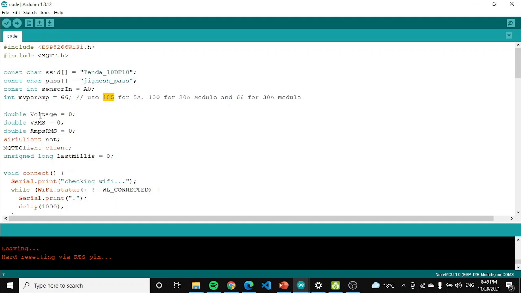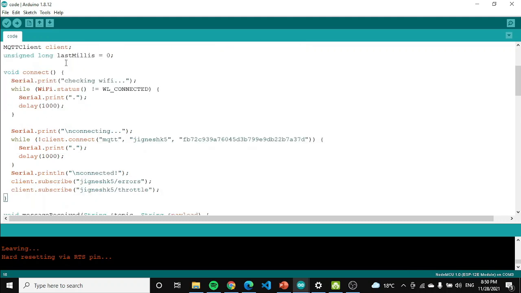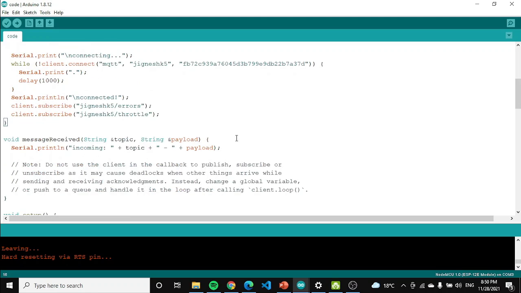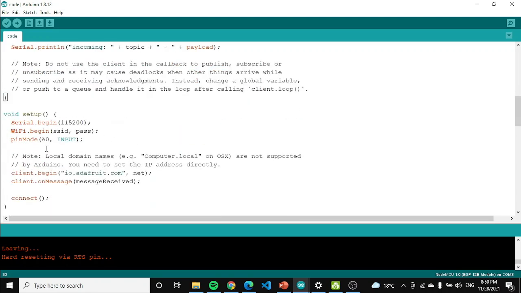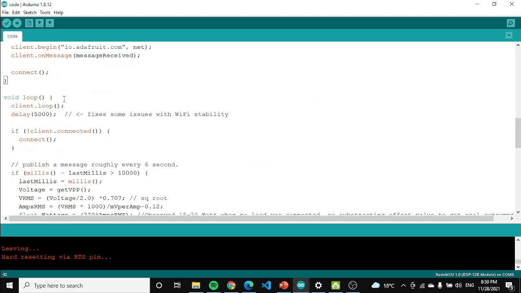So, again we have three variables here. WiFiClient net, so this is the port number basically. MQTTClient, making an object of this class, so we can do all the MQTT stuff using this. Okay, so the connect method, we will come to this later. First, this sketch will start from the setup method. Message received is also there, but this sketch will start from the setup method,